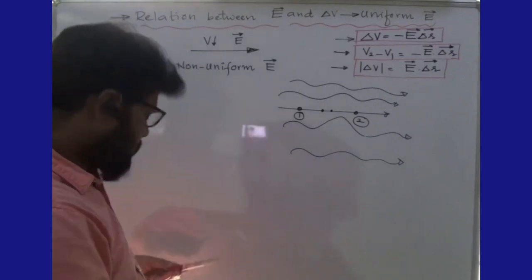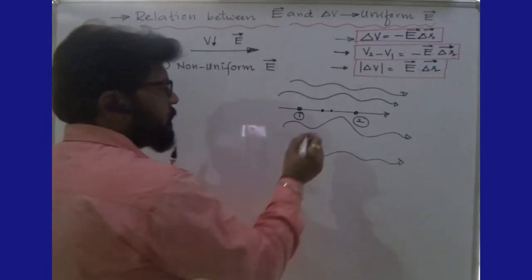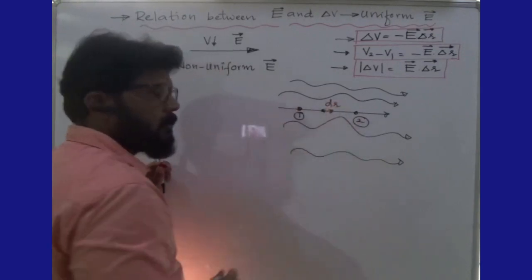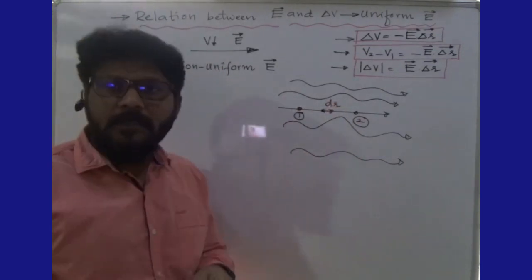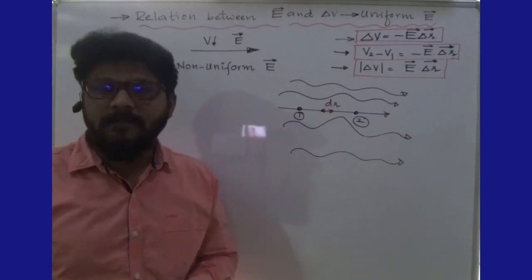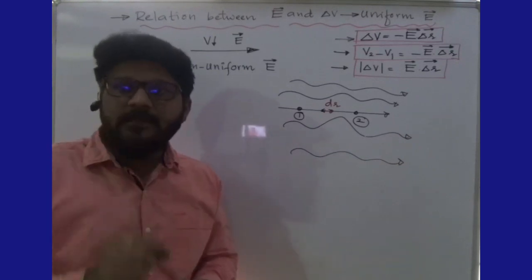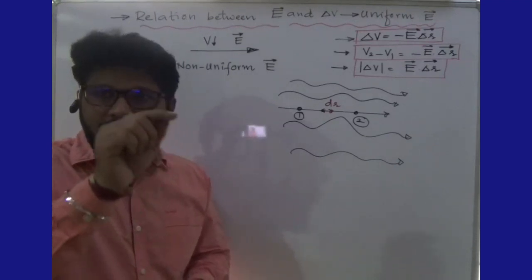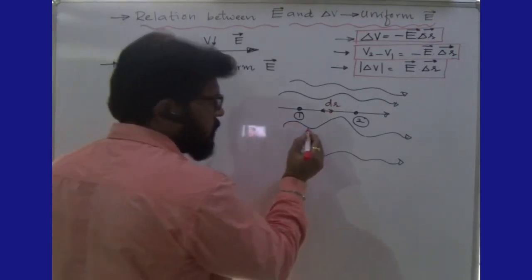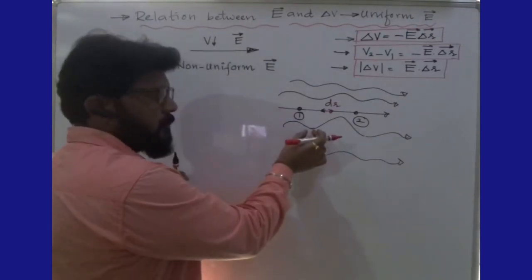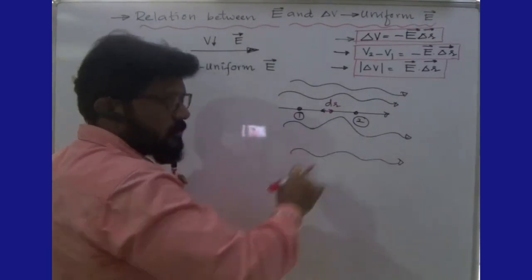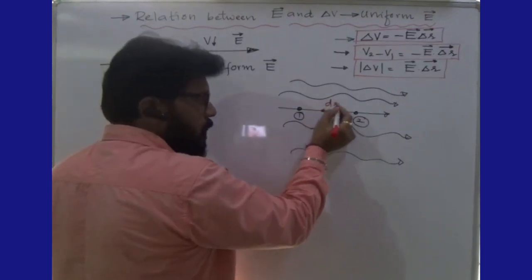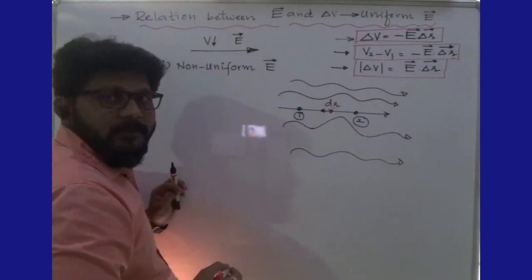If I take a small distance, let us consider this to be dr. Dr is the small distance. For that small distance, a small potential will be there. Of course it may look like a straight line, right? So it looks like a uniform field, because this is a curved part. If I take a small part from this one, it looks like a straight line, right? That's nothing but we can apply the potential for this dr distance.